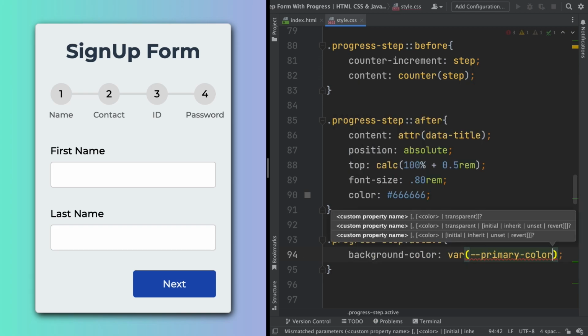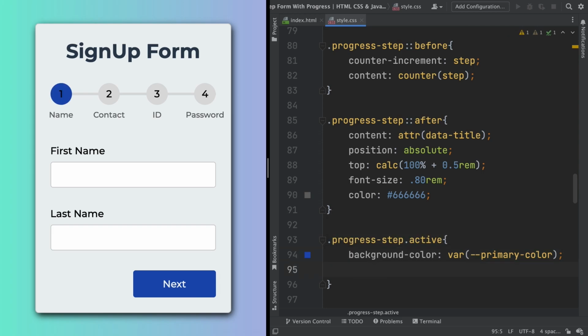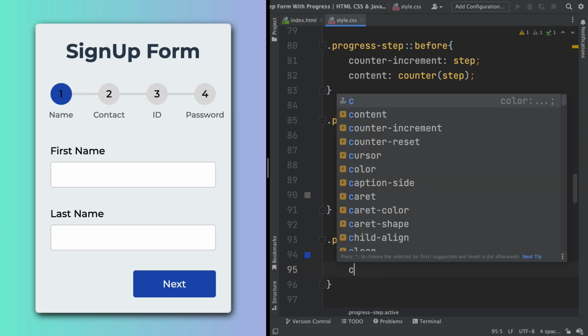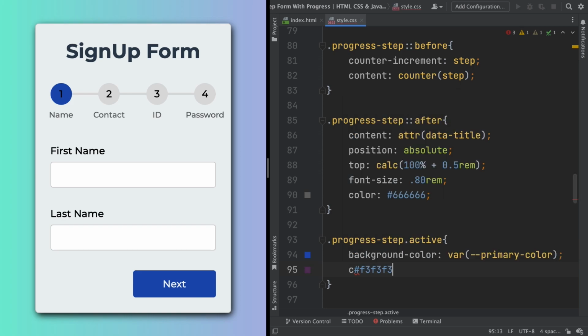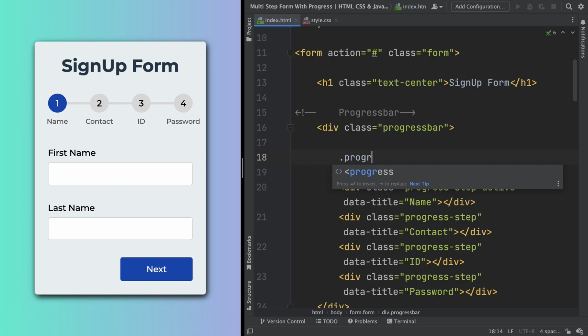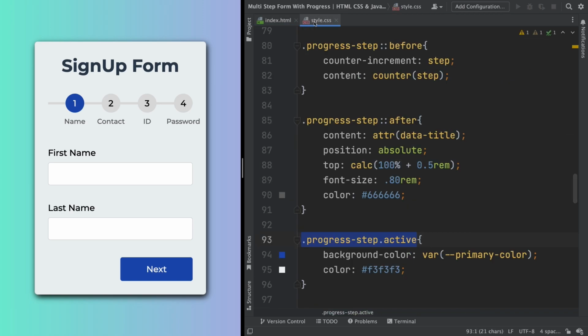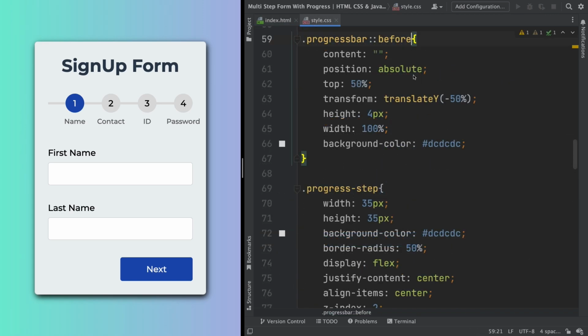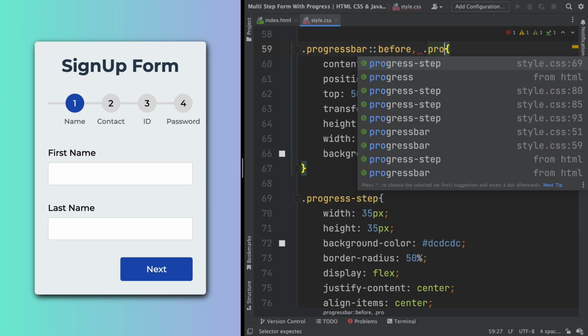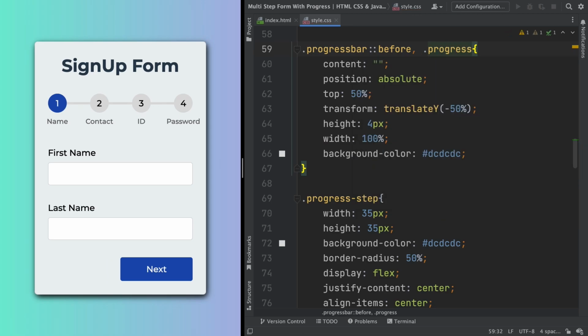We want our primary color, okay, is blue, but the number 1 is black. That's ugly. Let's make it white. It's easier to read and it's much better. And one more thing we should be dealing with here is our progress, okay? This line, I know there is a problem here, so let me include it in here, progress, and yeah, looks